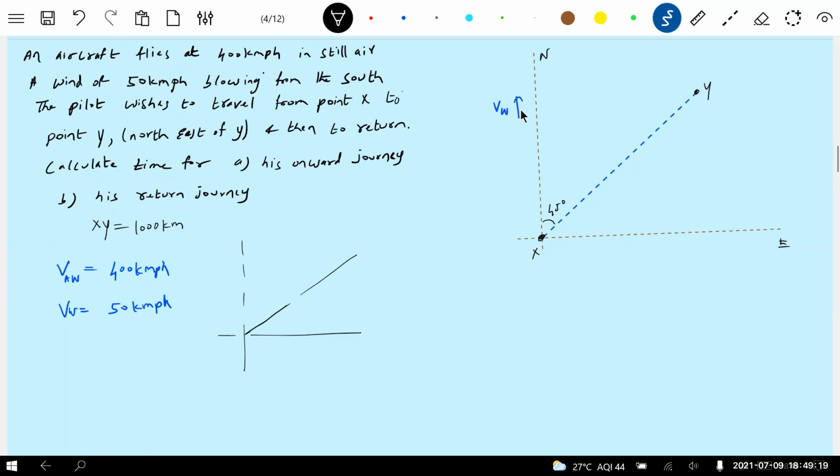The velocity of aircraft with respect to wind, let it be like this. The wind velocity. Now the resultant, how will it come? This was our destination, no? So where will you head now? You will reach somewhere here, Z.